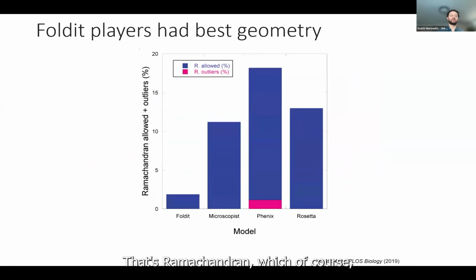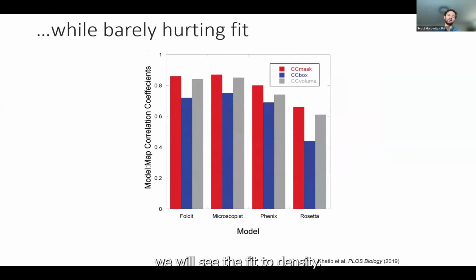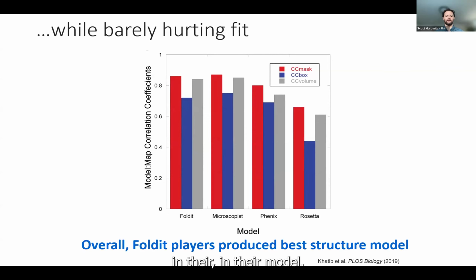That's Ramachandran, which of course, once again, the Foldit players did a much, much better job with. And then one more time, we will see the fit to density. And in this case, it was pretty much an insignificant change for the microscopist. So putting this all together, essentially the Foldit players were a bit more conservative in their model blend, which I